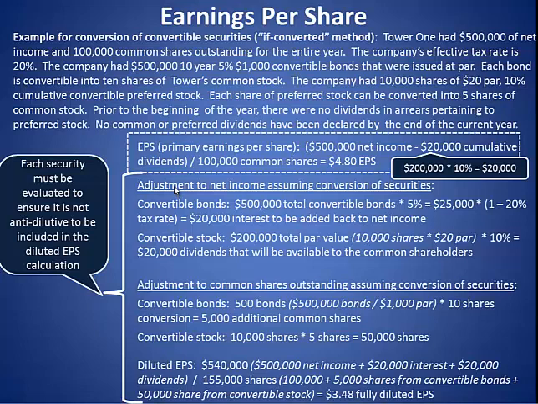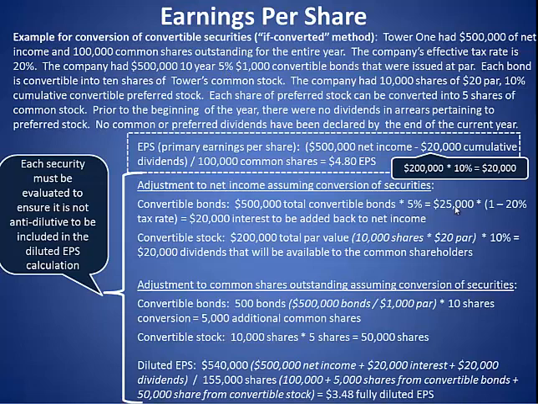The first thing I need to do is make an adjustment to my net income, assuming conversion of my securities. Now, in the case of my convertible bonds, that equals my $500,000 worth of total convertible bonds. Remember, the interest rate on those bonds is 5%. So I'd be paying interest of